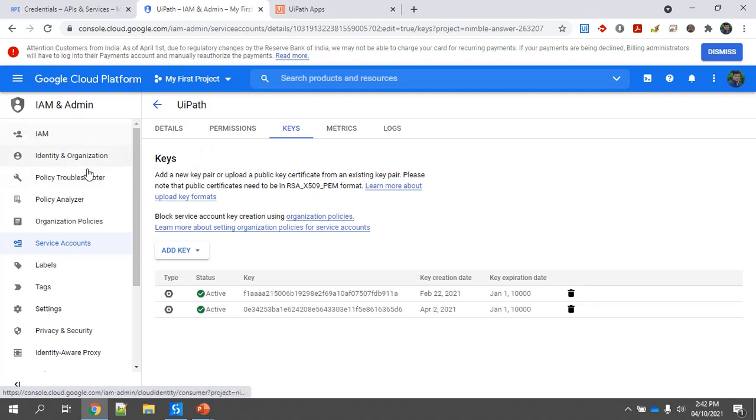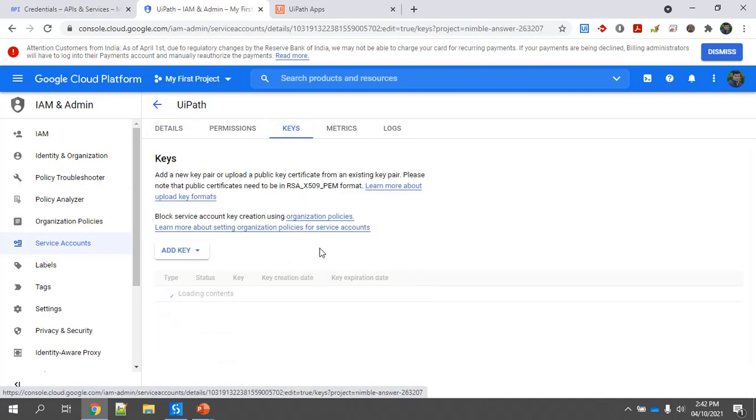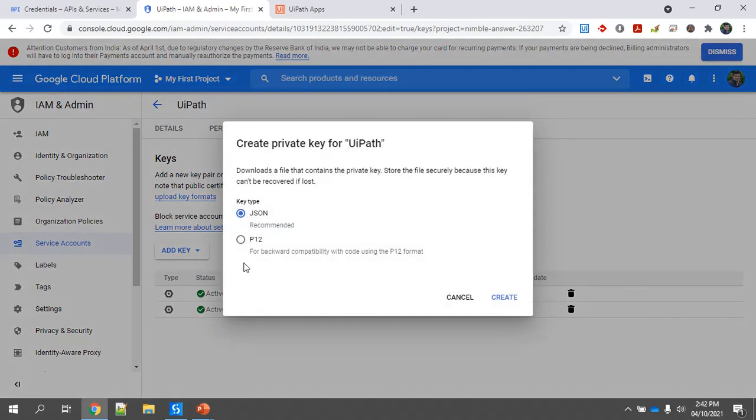Under IAM and Admin, we have created one service account called UiPath, I can say. And under the Keys section, here you can create a key. Once you click Add Key, then you can select a JSON file and click on Create.